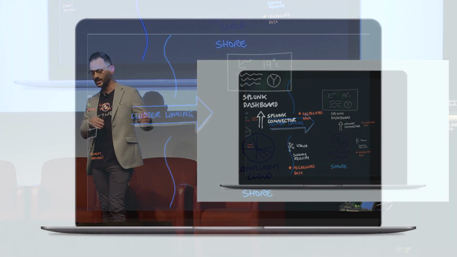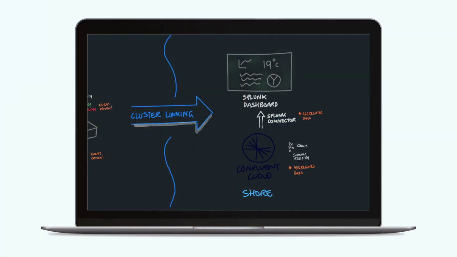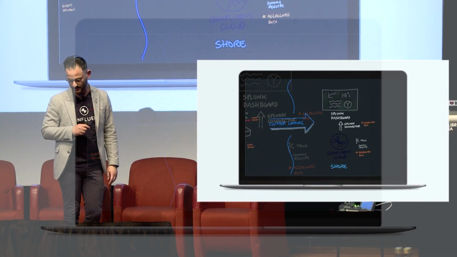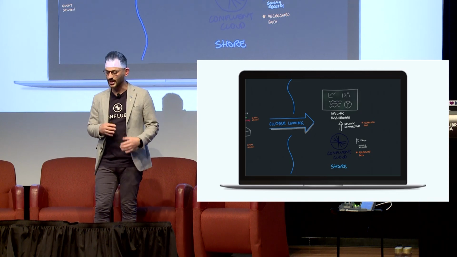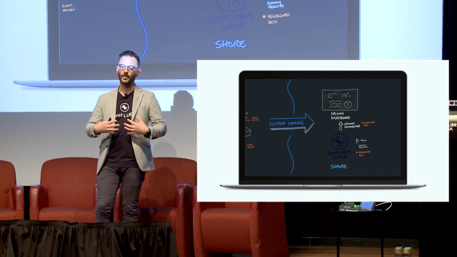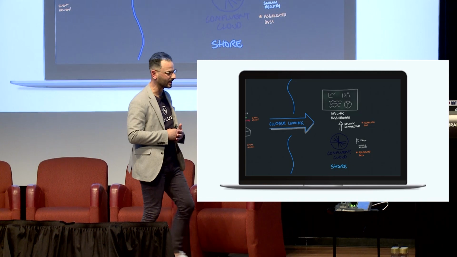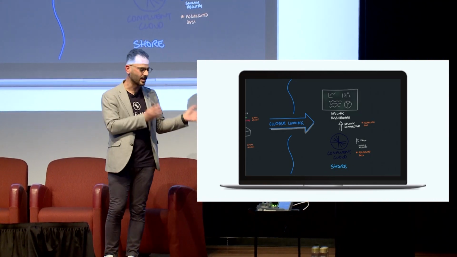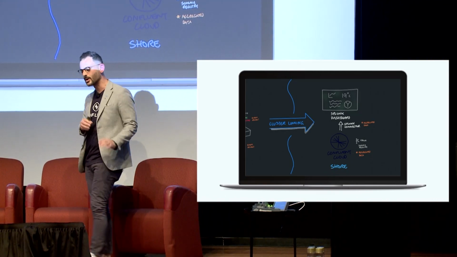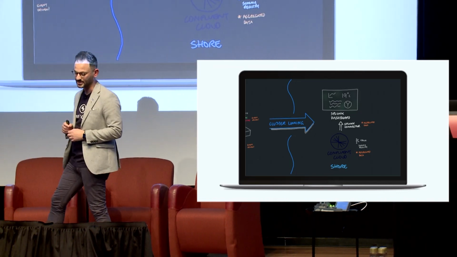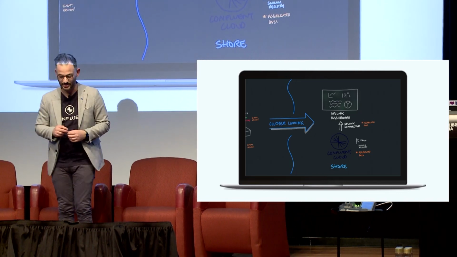And we take this data and we use cluster linking to send it, in this case, to Confluent Cloud. Now in Confluent Cloud, we're running another instance of the Confluent platform, which is effectively, in this case, Kafka, ksqlDB, and the Schema Registry. And we're receiving only a copy of the aggregated data set. Because of course we don't need to see every reading every second. So we only want to send an aggregated copy of the data because in this case here, our internet connectivity